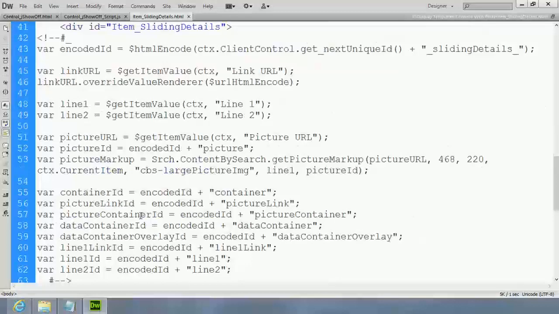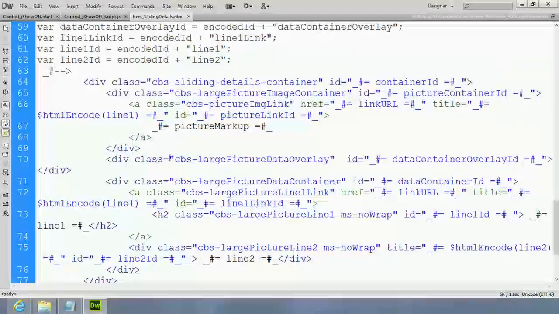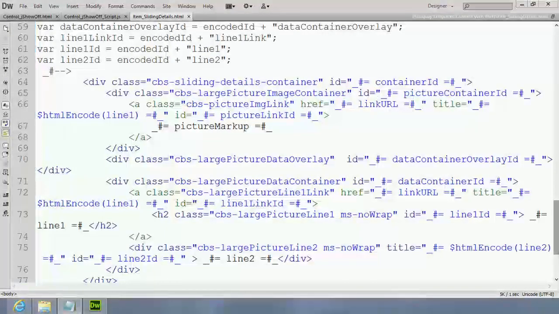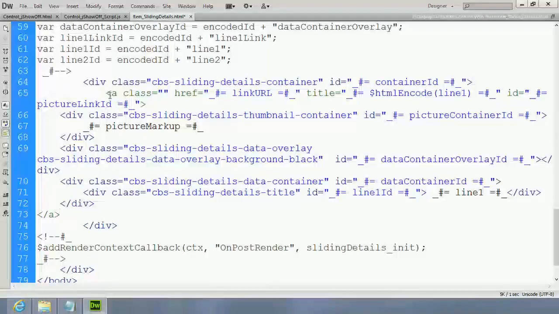So let's scroll down here and actually look at, we're going to start with the HTML part of this. This is a little complicated, and we know that the sizing isn't quite the way we want it. So I've got a snippet here that I'm actually going to replace that code with. And I'm going to go right inside this container that I created, and I'm going to paste it. And what have I got? I've got an anchor tag here. I've got a div with kind of the thumbnail, so where our image is going to live. I've got this overlay that's going to be kind of that transparent backgroundy color. And then I've got a data container where we're going to put the information that we want to pull out